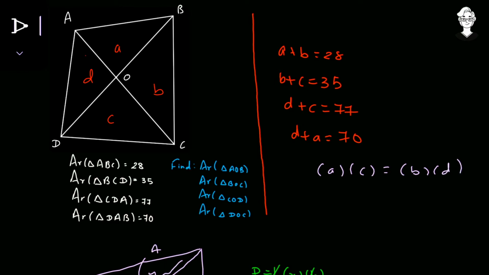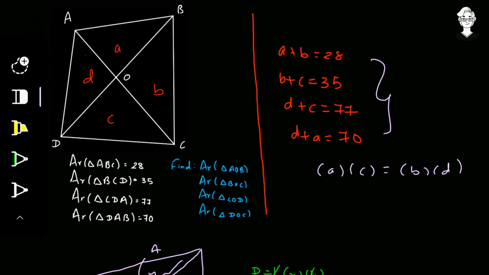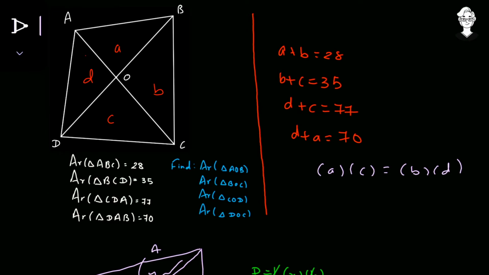Now what I am thinking is, from these 4 equations, I will bring everything into single terms. Like here A is there, C is there, B is there, D is there. So let B be, keeping B as it is, bringing D in terms of B, C in terms of B and A in terms of B. So doing that over here. So from the first equation itself, I have that A is equal to 28 minus B. So A has been converted in B very nicely.